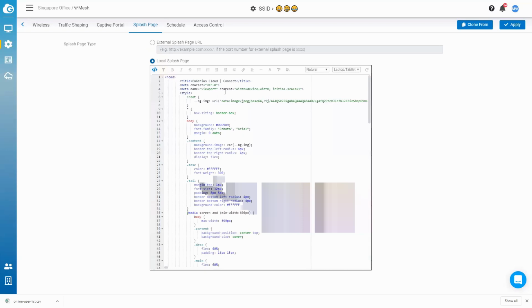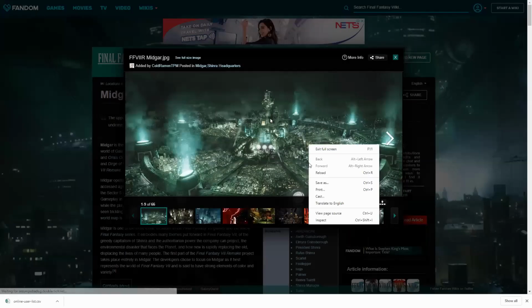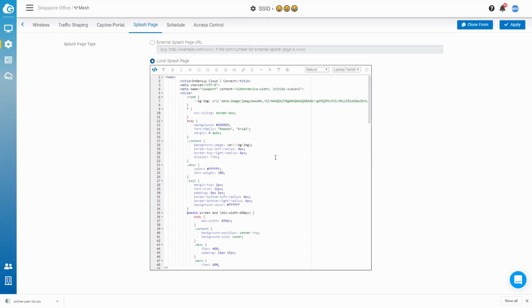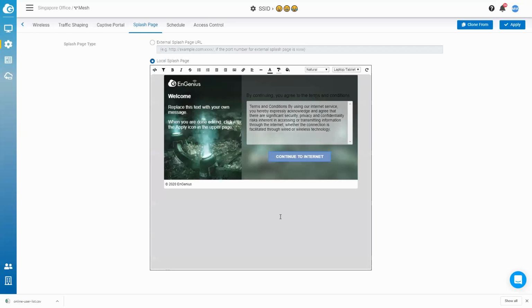I just basically find where the link is for the background image. Let me grab one from the net. Let's say I want to use this as my background image. I just pasted a new background URL. If you go back to your preview page, you would see that the background has changed. So what else can I do with this